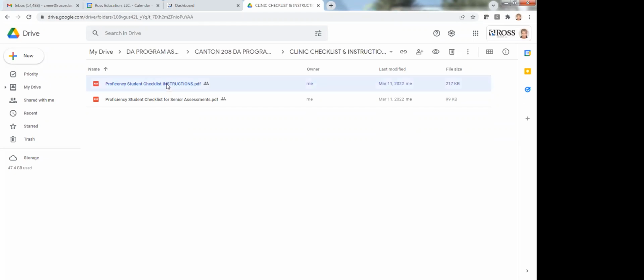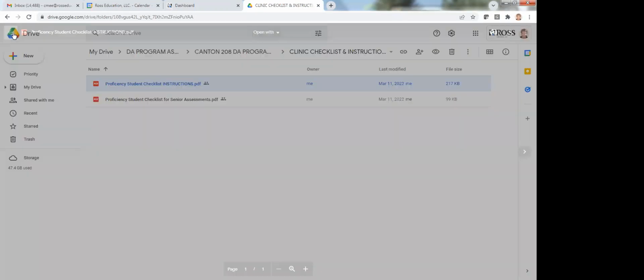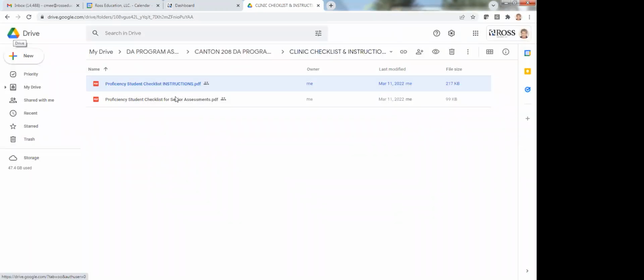So the instruction sheet, basically, it's giving you a quick synopsis of the how-to. I am going to discuss this with you verbally, so I'm not going to read this to you, but it is here with just the basic information. So if you have new faculty that joins your team, you could show that to them. The second piece